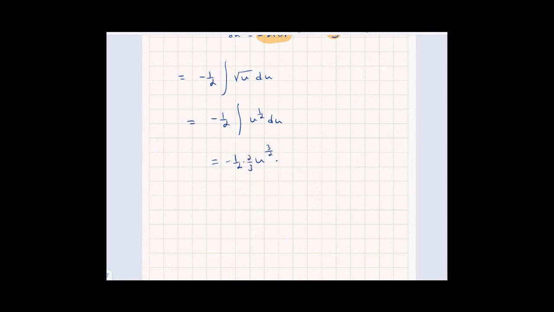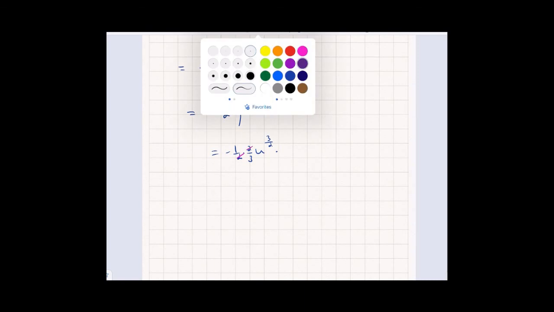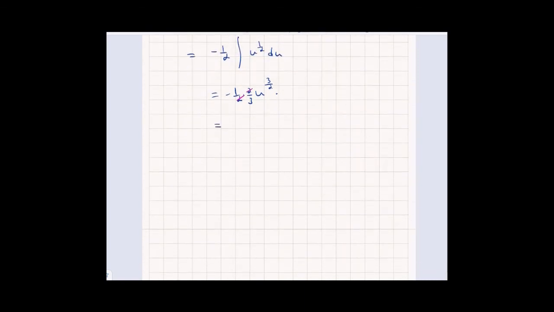Right, I need the 3 over 2, and I take the derivative to come down and cancel with the 2 over 3, and I subtract 1 from it, and I'm left with the 1 over 2. And of course, the 2's cancel here, and so I'm left with negative 1 over 3 u to the 3 over 2. But I had my substitution, u is equal to 8 minus r squared, so this ends up being negative 1 over 3 times 8 minus r squared to the power of 3 over 2. Is my